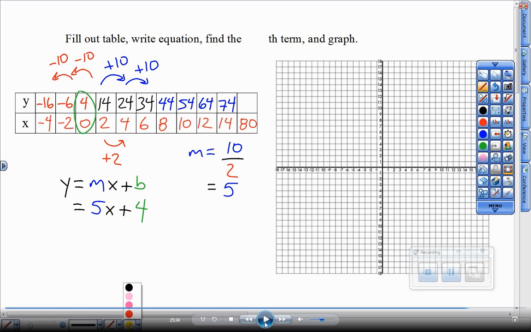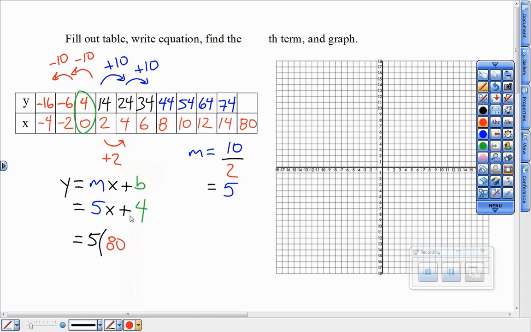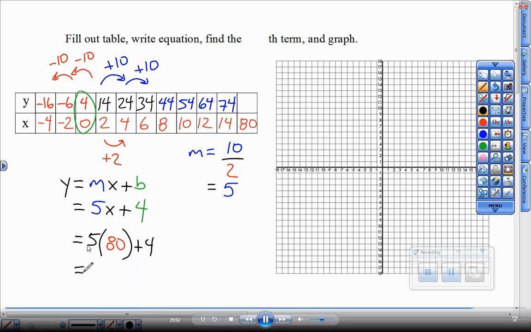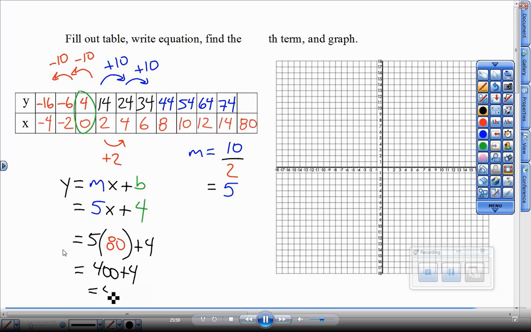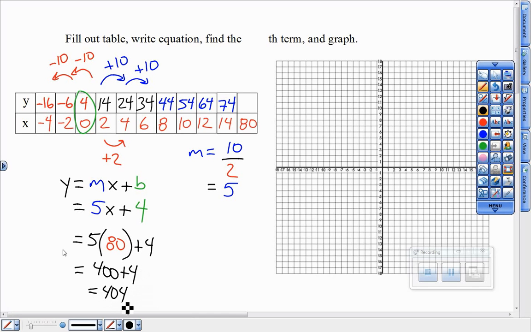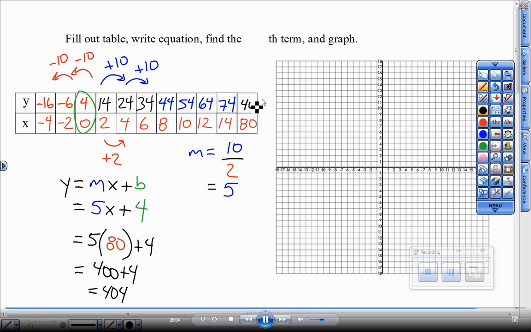For this, I'm going to plug in 80 and finish out this table, and then I'm going to use this equation to graph it. So to find that 80th term, 5 times 80 plus 4. 5 times 80 gives me 400, I believe. Plus 4 gives me 404. Make sure you put that number right here. Now to graph it,